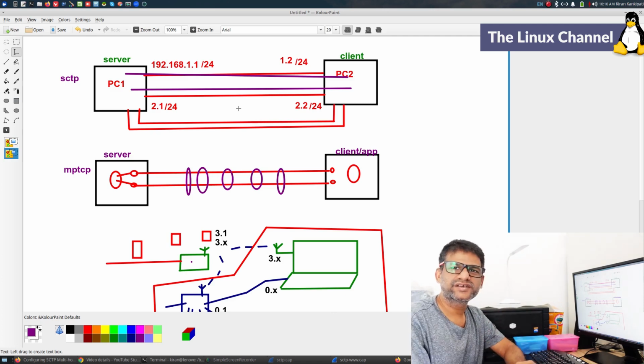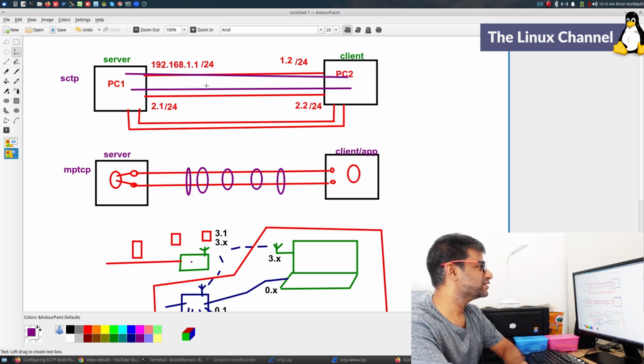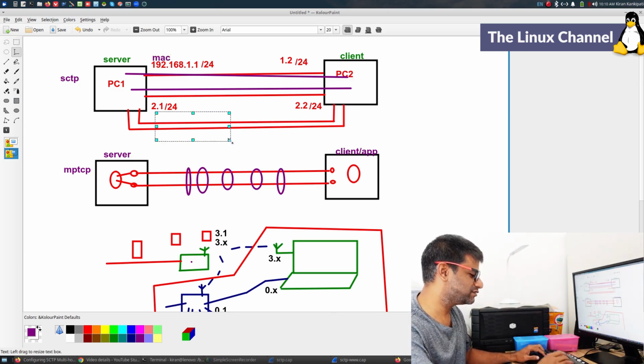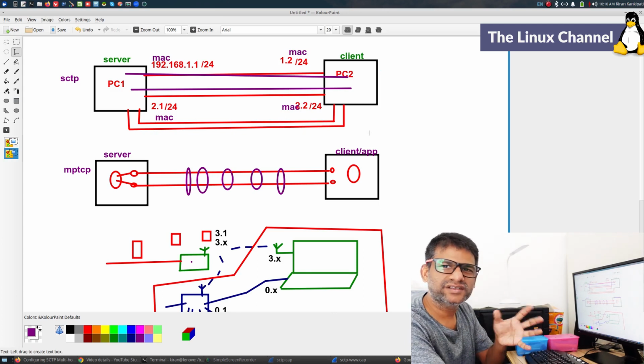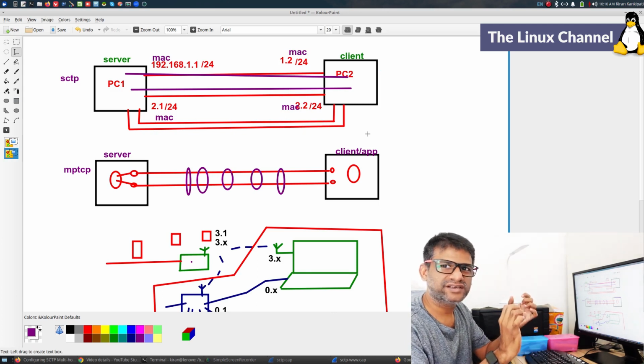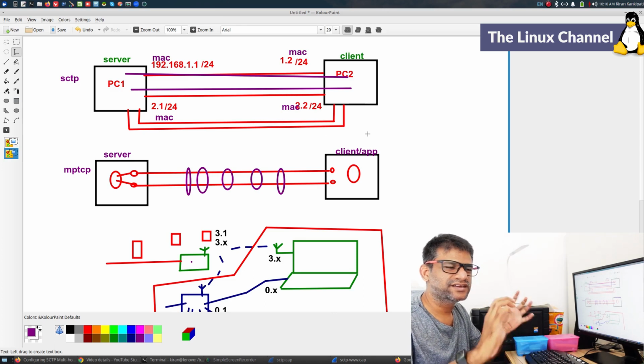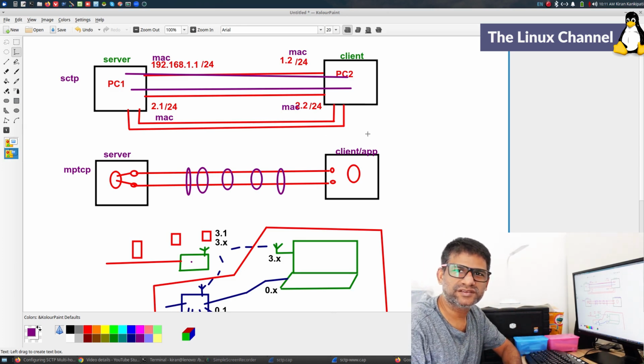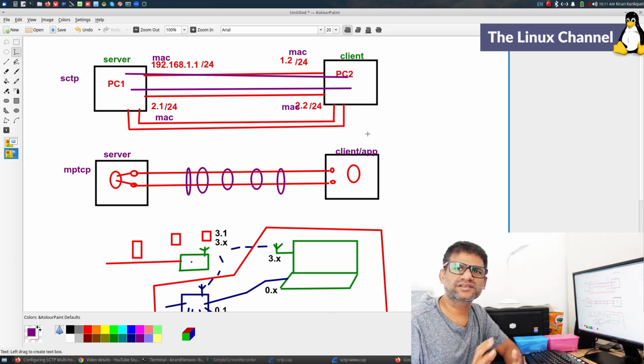In the case of IP multi-homing, you may have it like this, and every link will obviously have its own MAC ID. This one will have its MAC ID, this one will have its MAC ID, and this one will have its MAC ID. But in the case of L2 bonding, that is not the case. You may have a common MAC ID for the entire channel, and then a common IP address for that entire channel, and things work. So again, there are different types of bonding. You can have failover or stuff like that. So that is there in the L2 jargon.